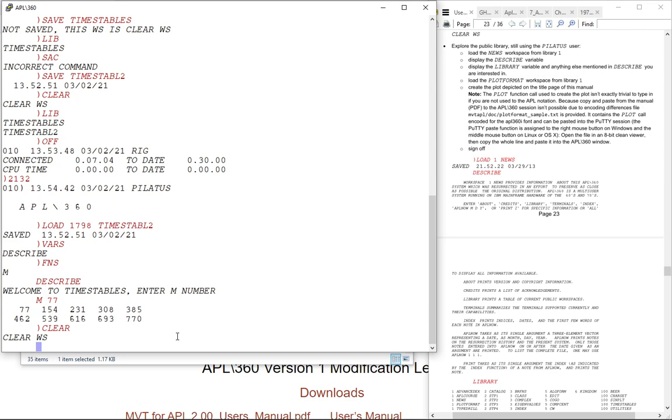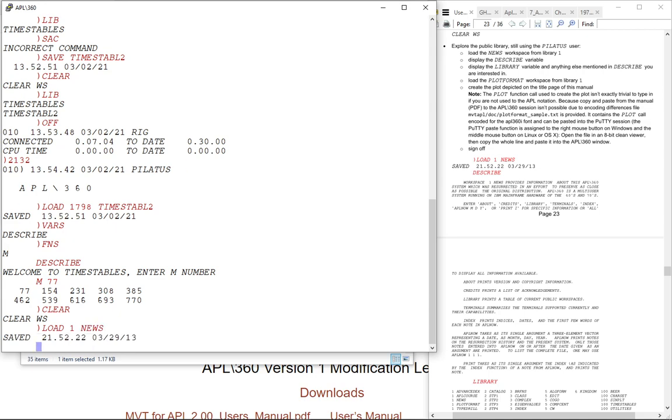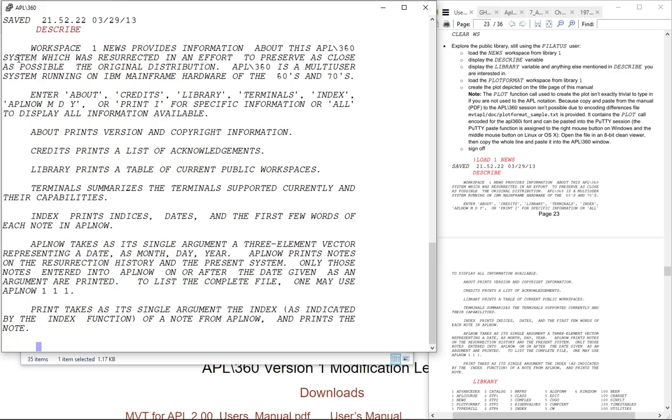I'm going to load the news workspace from library 1, again, a public library. News has information about what's included in these public libraries, credits to where they came from, and so on. So we'll do describe,